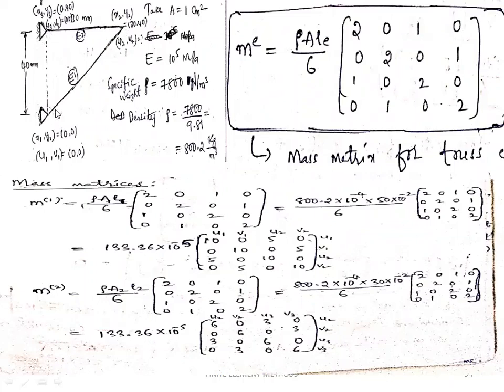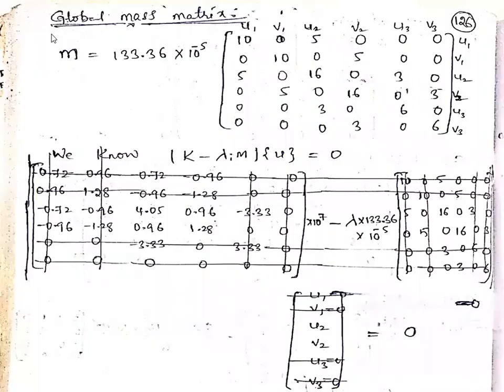At nodal point 1 being fixed, the displacement is arrested, meaning in the x direction as well as the y direction it is arrested. So u1 and v1 must be equal to 0. Similarly, at nodal point 3, the x directional and y directional displacements are arrested, meaning u3 and v3 are also 0. So the boundary conditions in this problem are that u1, v1, u3, v3 are 0. Four boundary conditions are there. If u1 is 0, we know the elimination process.